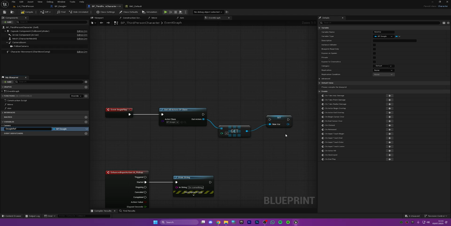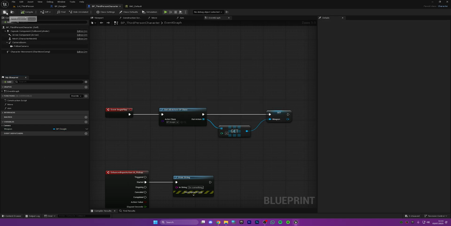I think I might just rename it to DayZ Ref, and we're just going to connect this up here. It doesn't really matter, to be honest. Just remember the name of it. What should I do? I'm just going to rename it weapon for now. That'll do. Compile and save. Now we have a reference to our other blueprint and we can communicate to our DayZ through the third person